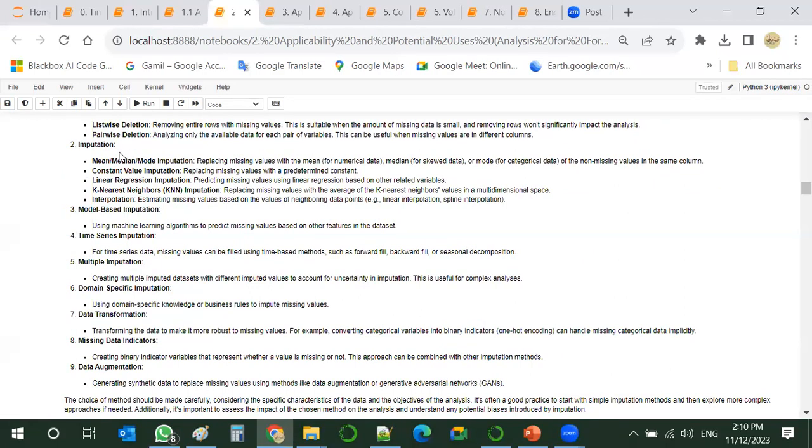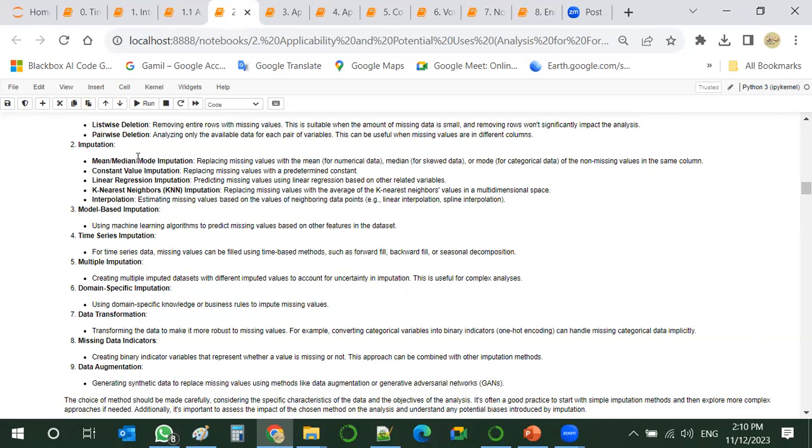Imputation is the one that we have actually used. We used KNN imputation, which replaces missing values with the average of the K nearest neighbors in the multidimensional space of the data.